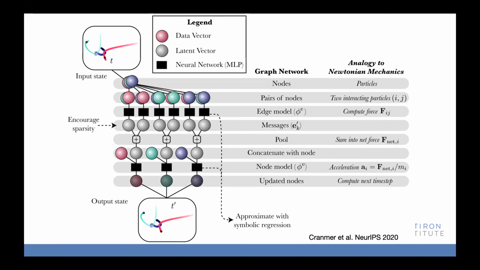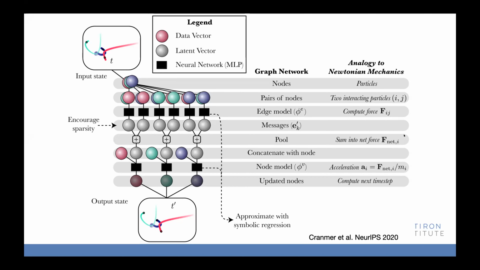This is analogous to the Newtonian mechanics here for the graph network that we built. For those who are very familiar with graph networks, you probably think it's obvious why you want to do planets with it. But for those who are not, this is pretty illuminating, I think. You have the data vector here. You've built a fully connected graph. So you have nodes, and pairs of nodes representing two particles interacting with each other. You have the edge model, which in principle can compute the force law, but as a network, you didn't know it ahead of time. You have the messages, and then you pool all the messages together, which is very similar to